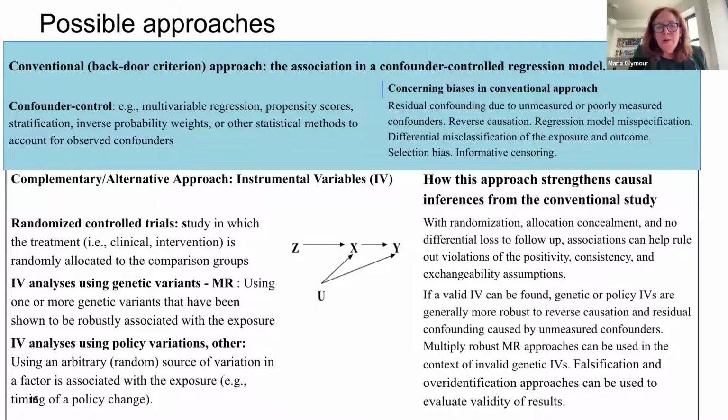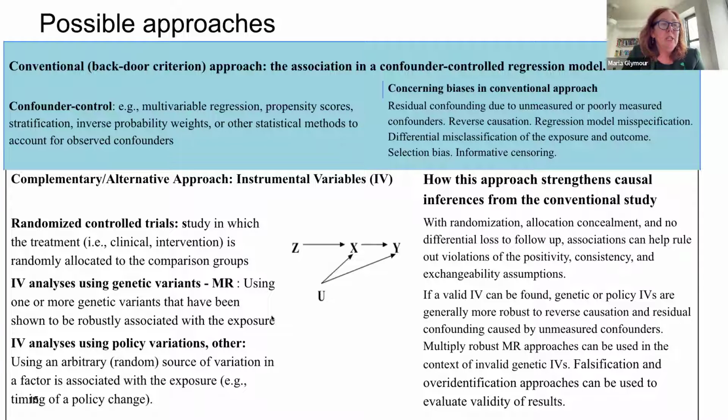Then there are instrumental variable-based approaches, and I put them all together with randomized controlled trials, because I think for epidemiologists it's really important to emphasize that Mendelian randomization, or genetic IV, and policy-based IVs have the same implicit causal structure as an RCT, we hope. It's just that we're not sure if we've actually fulfilled the assumptions. And exactly the assumptions for IV really match the things that we worry about in a randomized controlled trial. So there are randomized controlled trials, in which there's intentional randomization, and then instrumental variables analysis using genetic variants as the instruments, so-called Mendelian randomization.